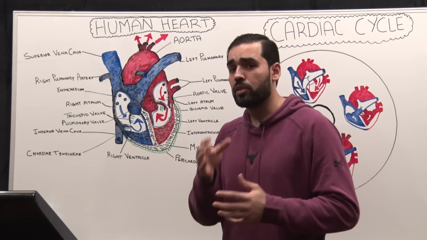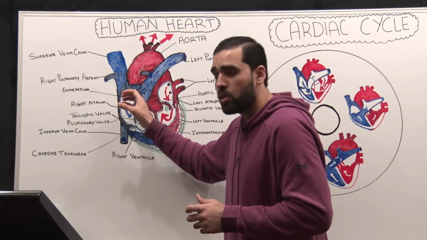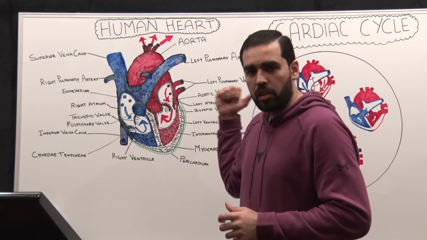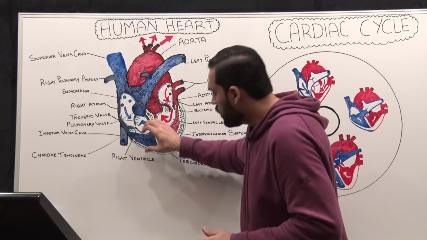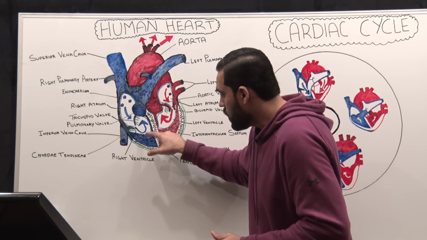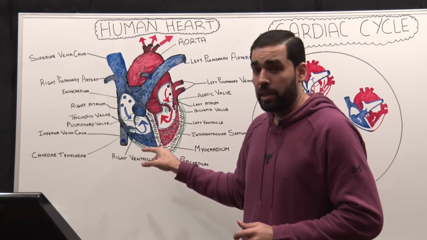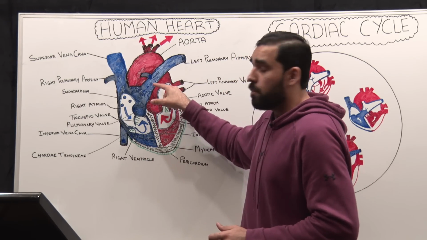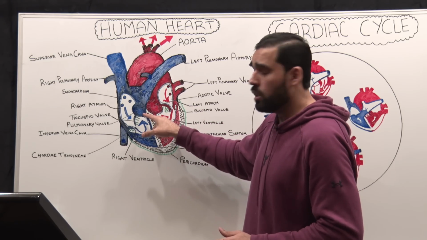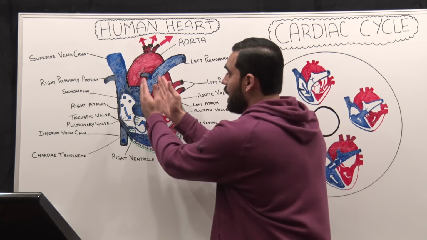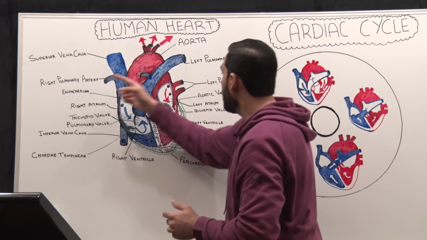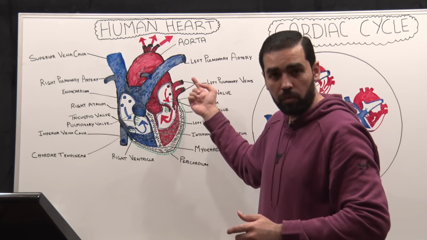Now I'll start to go a little advanced. The pacemaker cells, there's an SA node that fires. We have an atrial contraction. We'll go in detail in the cardiac cycle. The atrial contraction pumps the blood into the right ventricle. The right ventricle, this is deoxygenated blood we're talking about right now. The right ventricle pumps the blood into the pulmonary artery, pulmonary trunk, through the pulmonary valve. And that further divides into two, the right pulmonary artery and the left pulmonary artery, to each part of the lungs.